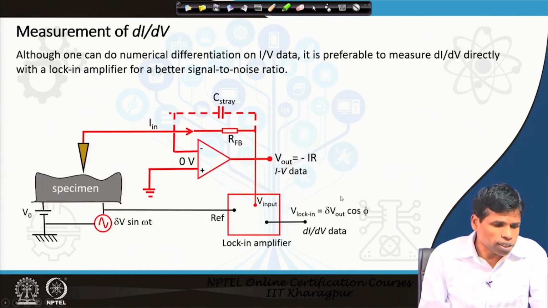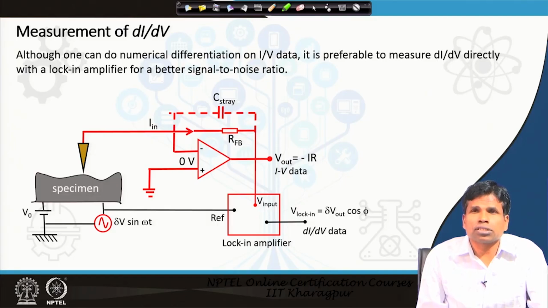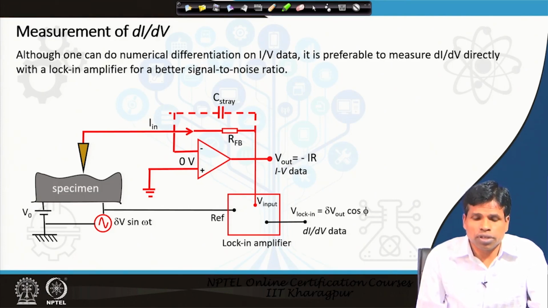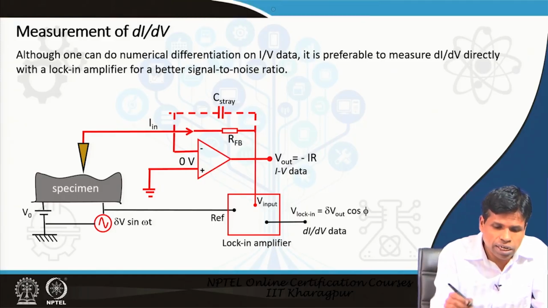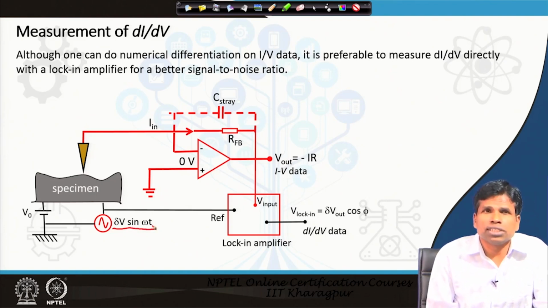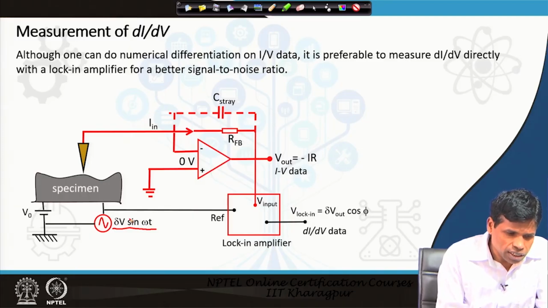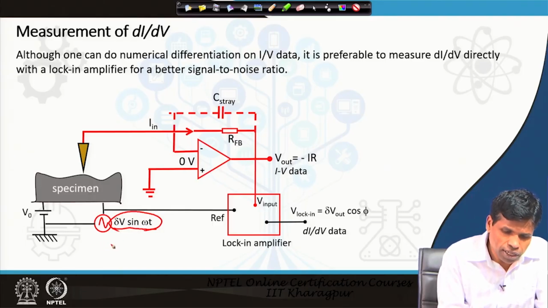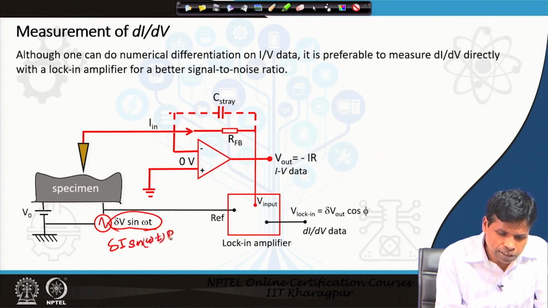In addition to IV measurements, one can also do dI/dV measurements. That can simply be done by mathematical differentiation, but in scanning tunneling spectroscopy it can be measured directly using a lock-in amplifier, because that gives a better signal-to-noise ratio. So, in the dI/dV measurement, a small sinusoidal modulation of the voltage is given to the sample, added to the DC bias applied to the sample, and the output again will be